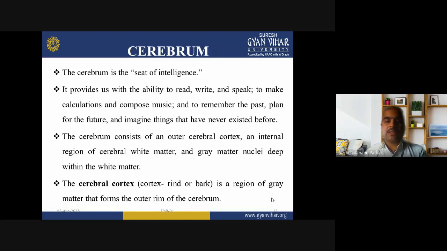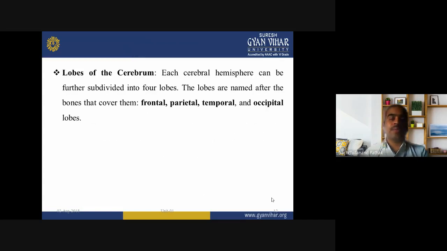Cerebral cortex is a region of gray matter that forms the outer rim of the cerebrum. Cerebral cortex की जो region की बात करें, सेरेब्रल कॉर्टेक्स इज अ रीजन ऑफ ग्रे मैटर, ये ग्रे मैटर का ही रीजन है दैट फॉर्म्स करता है आउटर रिम ऑफ द सेरेब्रम। Lobes of the cerebrum: each cerebral hemisphere can be further subdivided into four